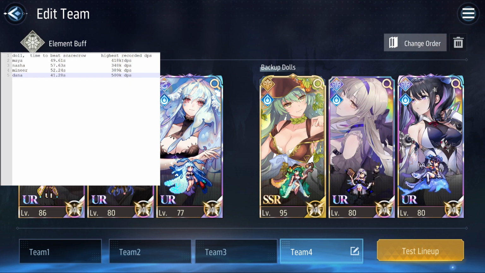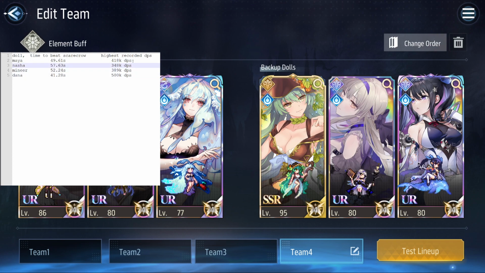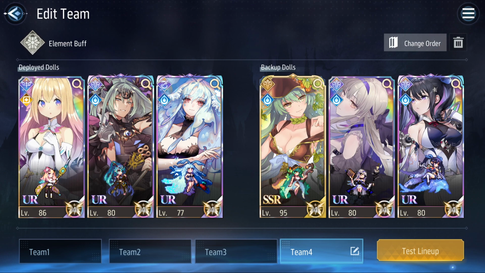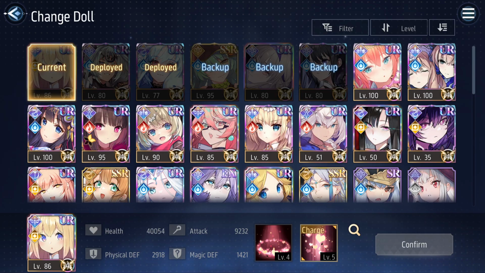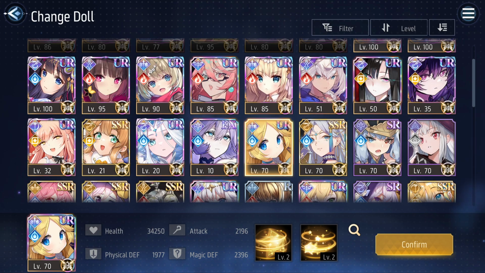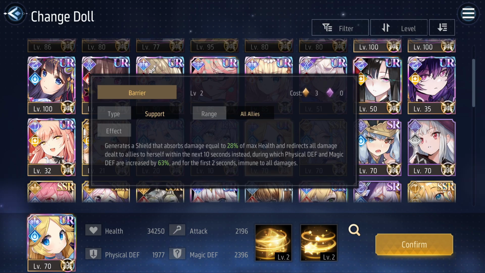Now, of course, if I were to do more runs, we would get a more average result for each one. But I believe that these do give, I think, a pretty good indicator on how they perform when it comes to autoing. Now obviously when it comes to more difficult content, the more likely chance is that you're not going to be able to use this comp, and perhaps going to be using a comp that would require a tank. For example, someone either like Nana or a Fallen, where their skills would lower the enemy's magic defense,